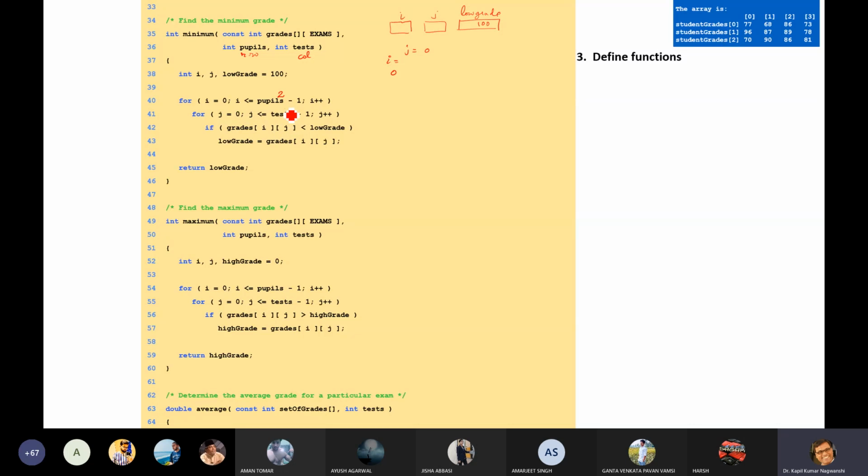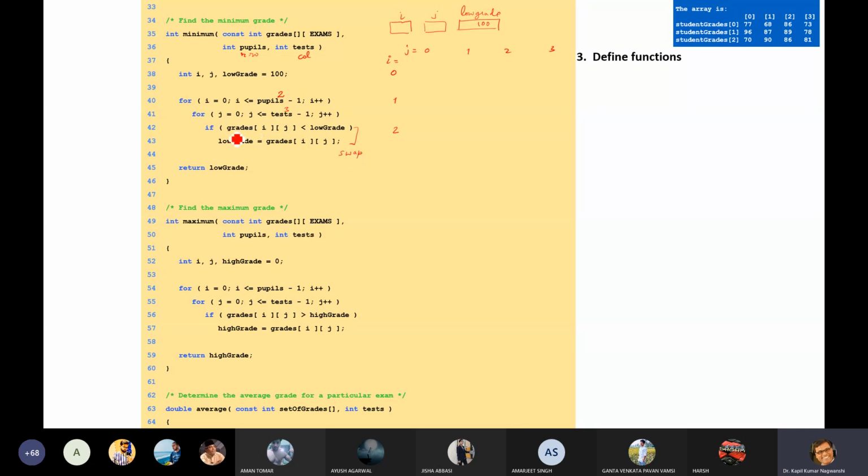So j will run up to 3 times: 0, 1, 2, and 3. Similarly i: 0, 1, and 2. Now, if grade i j is less than or equals to low grade, then we will swap here. This is a program for finding minimum.